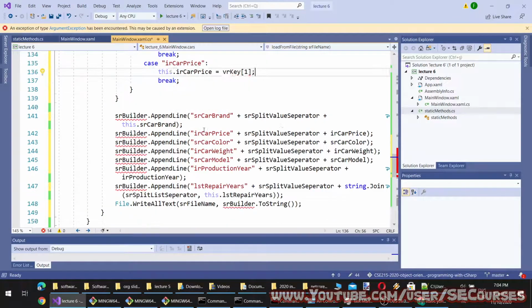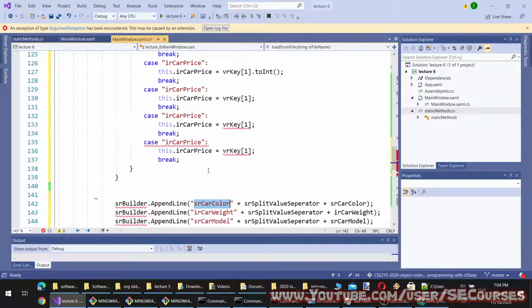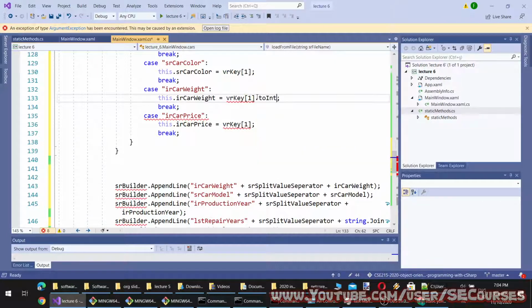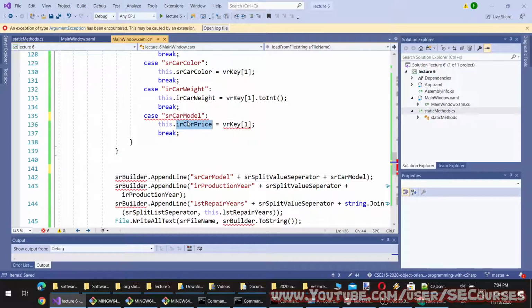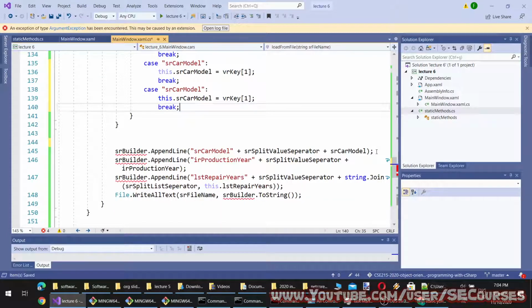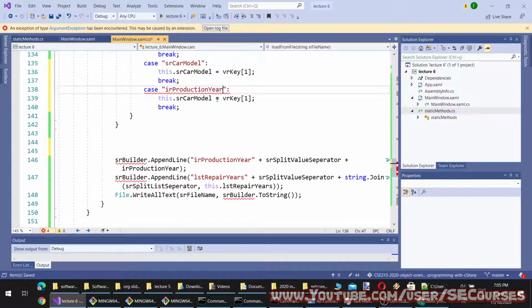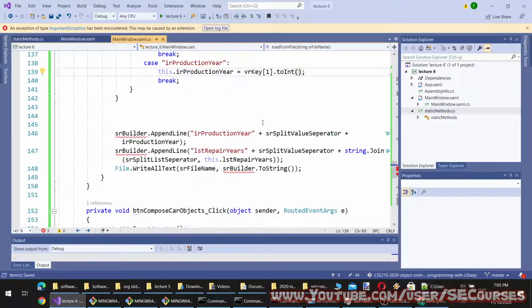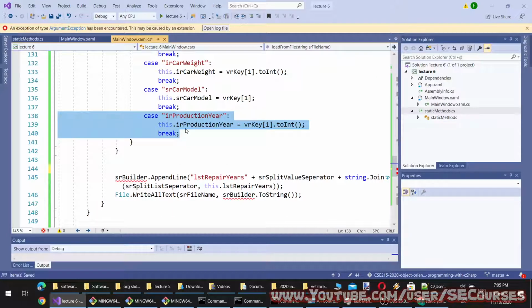So car price, and then let's remove these lines. Color will be like this because it is a string already. Then there will be car weight will be like this. However, I need to call ToInt. Then there will be car model will be like this. Then there will be production year will be like this. Okay. And finally there will be